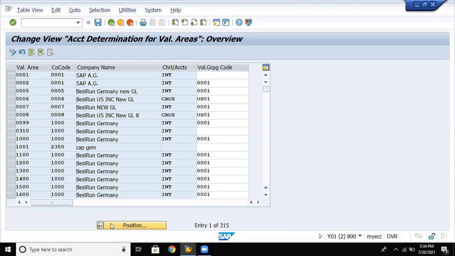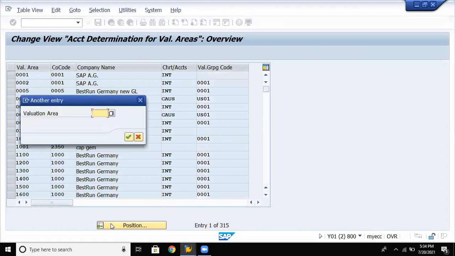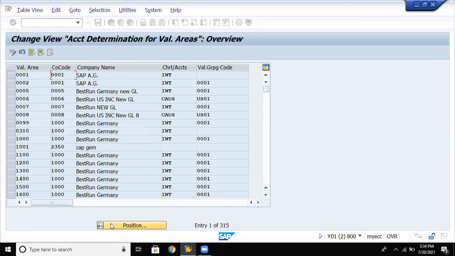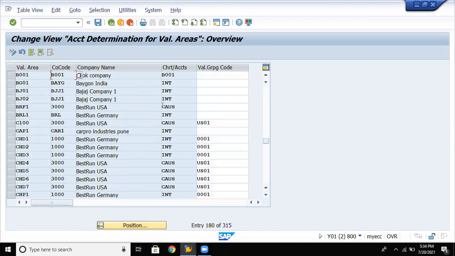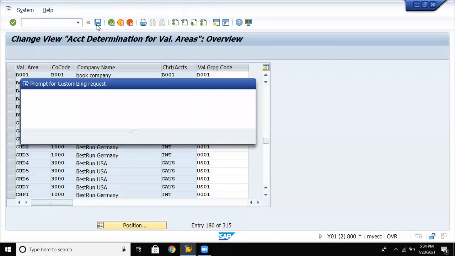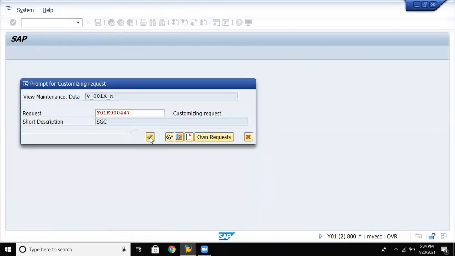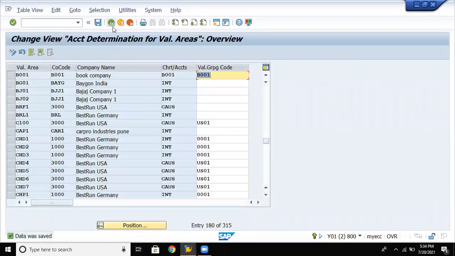Click on position. Give your valuation area, nothing but your company code equal to company code. Now valuation grouping code. So I say my valuation grouping code is also equal to my plant code which I have given here. Save the data. Go back.